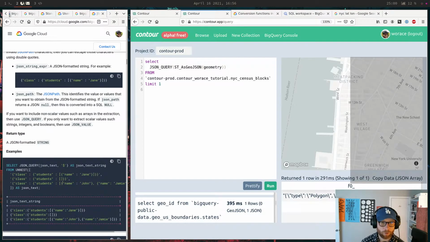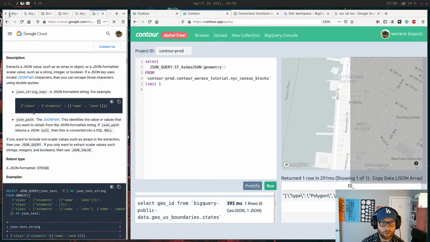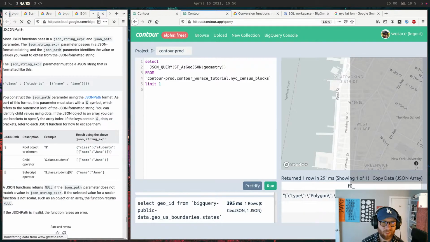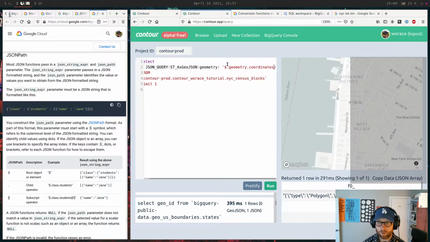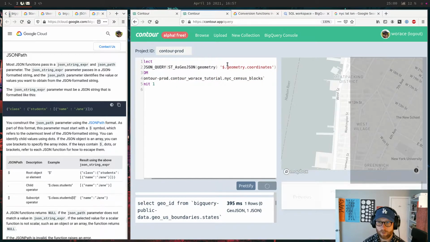What is $? Oh, JSON path characters. What? Oh, $. The root. Oh. $ dot. So this would be geometry coordinates. Does this work?